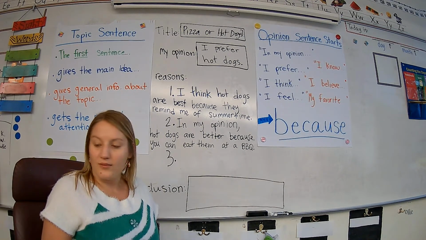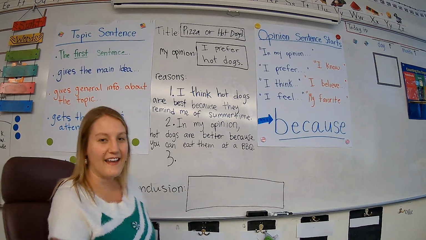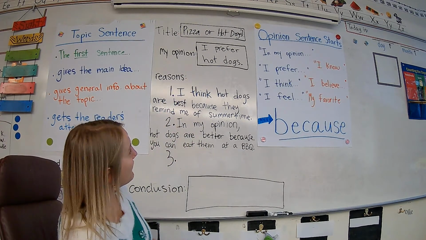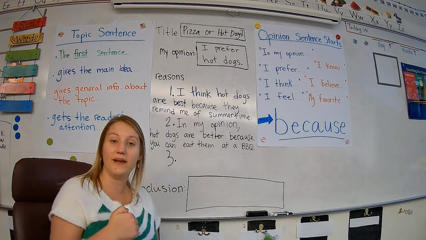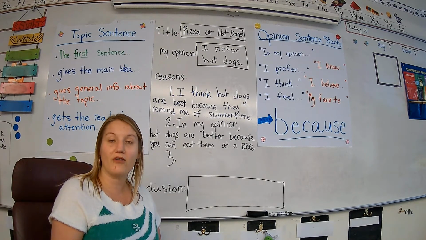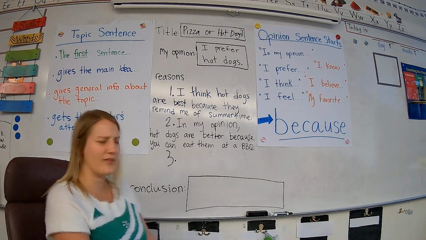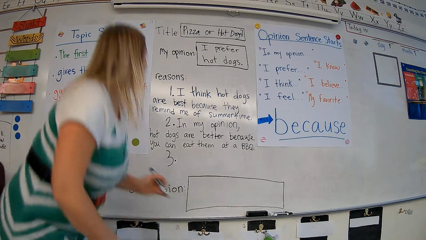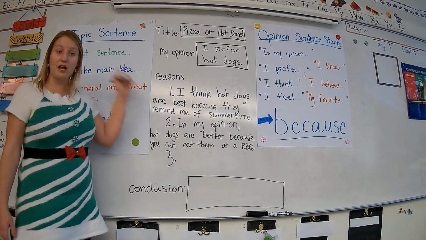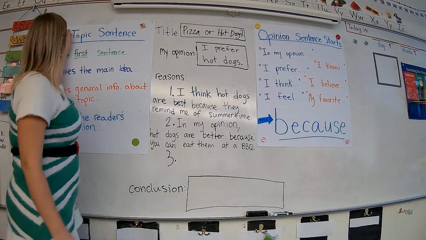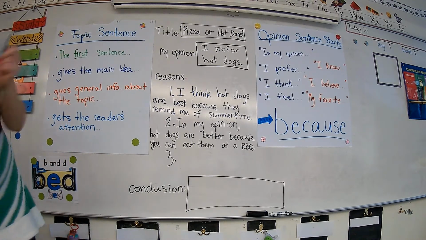Okay. So something that I'm going to have us add in to our opinion up here, since we have some reasons, I want us to go back and reread, because good readers and writers always reread what they've written to make sure that it's making sense. So let's go back and start with our very first sentence, our opinion sentence, which could also be called our topic sentence. So let's just even make it less confusing, and I will swap that right out, and we will say opinion sentence.